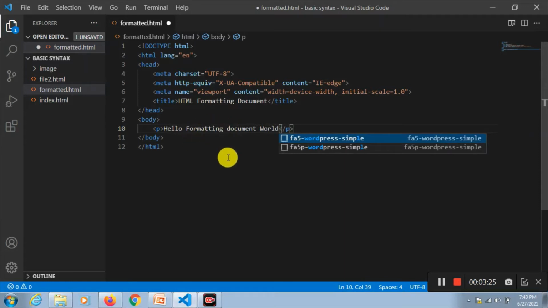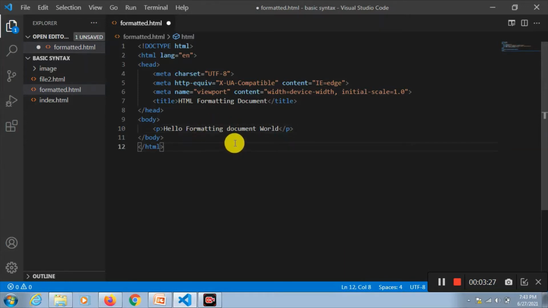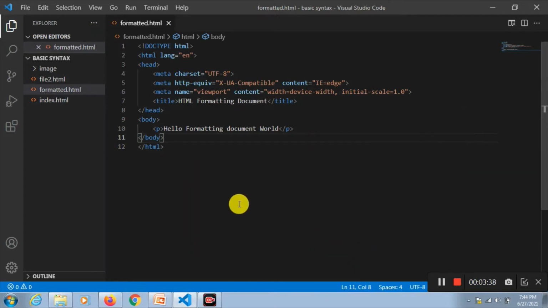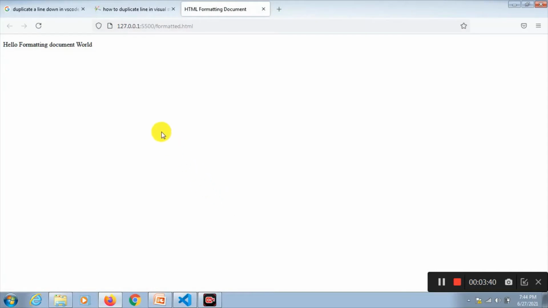The word formatting document, I will give the formats to these two words. Hello and hello world will remain same. Let's see how it looks in the browser now. It looks like this.